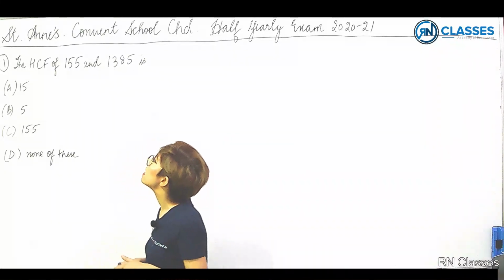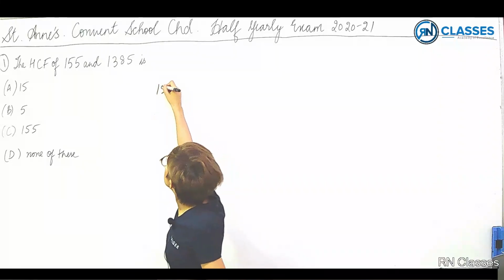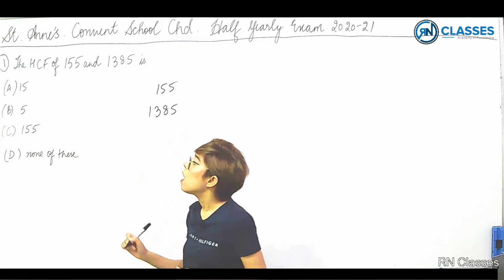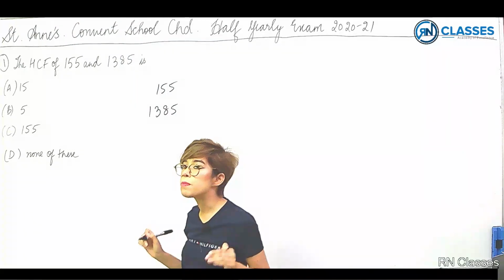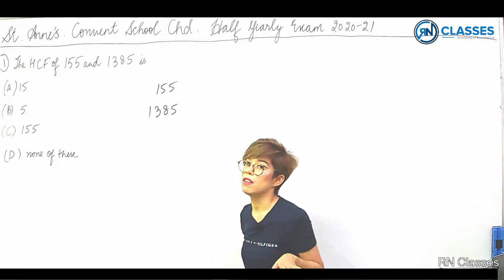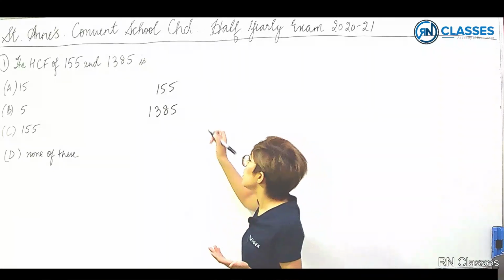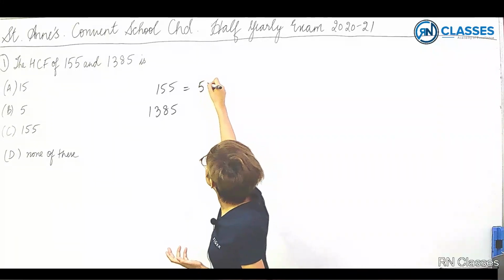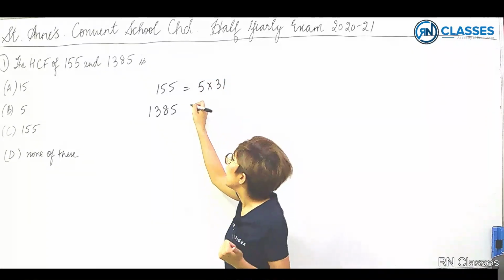So he says the HCF of 155 and 1385 is. Now, I could have gone by the options, but I do have the option none of these. So that means I do need to find the prime factors, right? So that's not a big deal. So 155, that is what? 5 into 31, right? And then